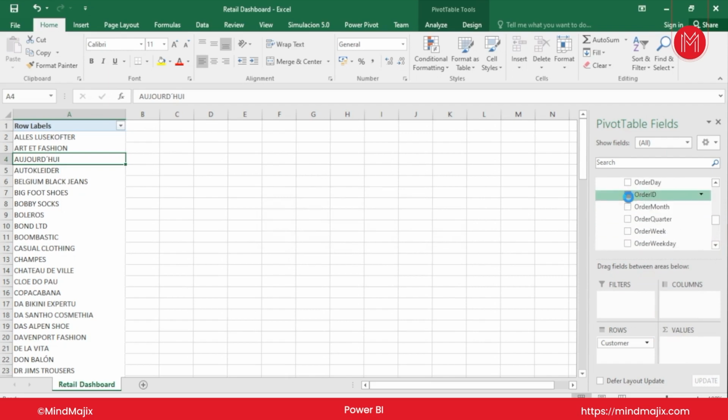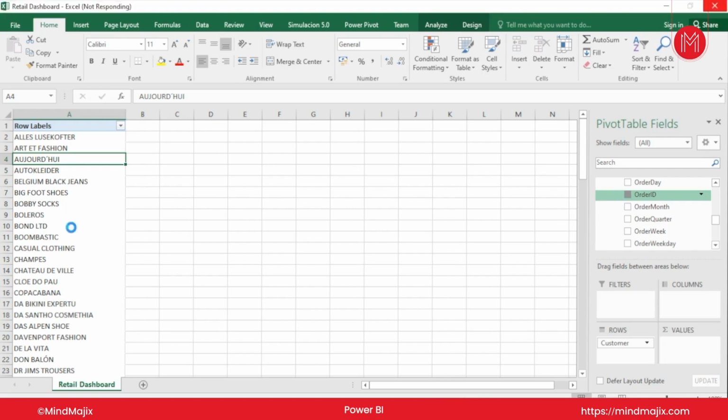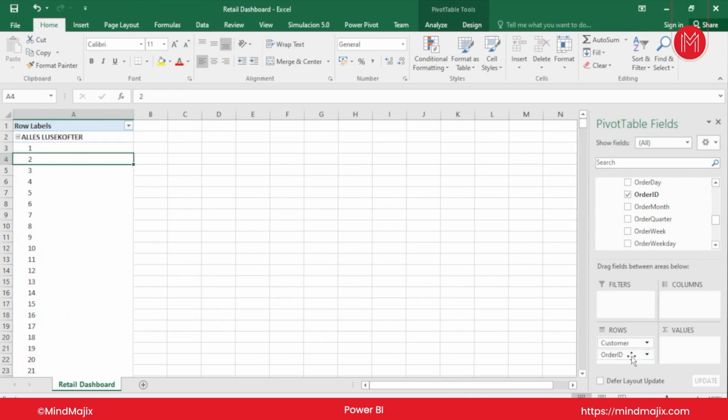I'll just choose this, so the analysis will be generated from here. The complete set of data is getting synced from the Power BI server to my Excel data source. Now I can just drag this to